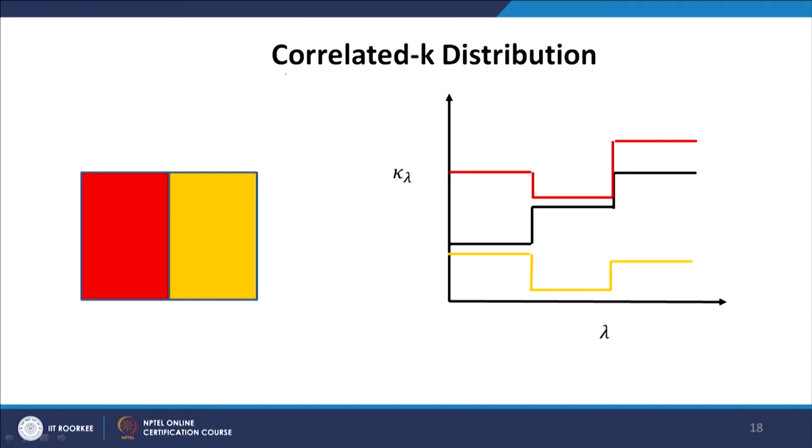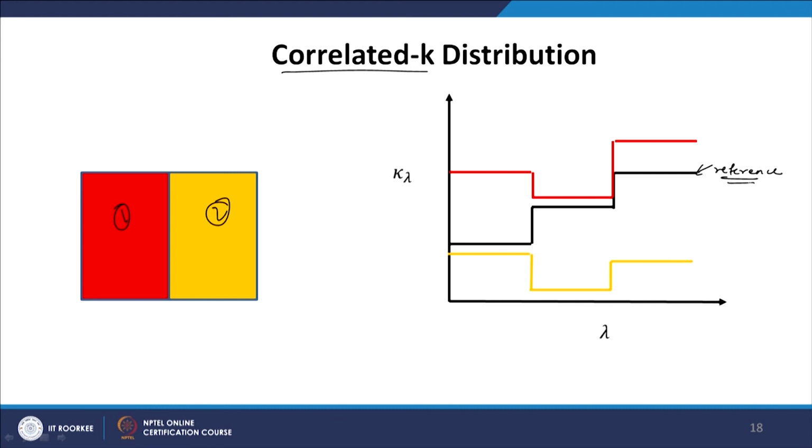So what is the correlated K distribution? Let us say we have two gases, gas 1 and gas 2. One of the gases is hot, another may be cold. One cell may contain a high concentration of CO2, another cell may contain a low concentration of CO2. So overall the path is non-homogeneous. What we do is generate a reference K distribution, or reference kappa. I have taken it here as a constant value, but it can be continuously varying. So let us say this is the reference absorption spectrum.